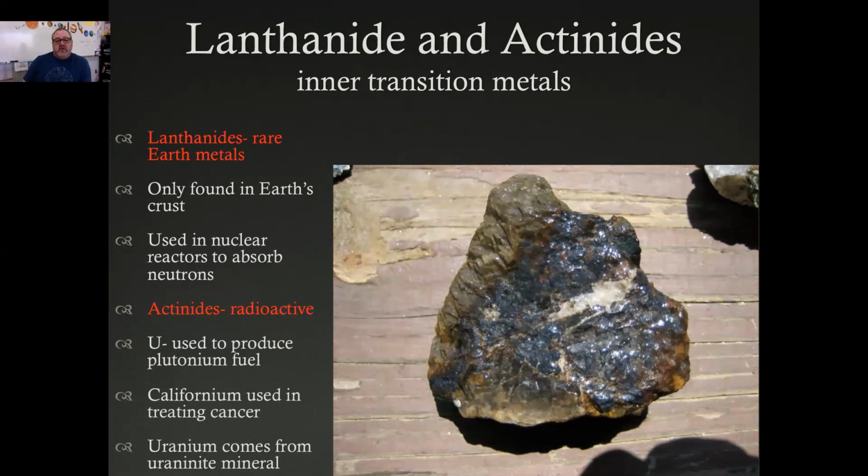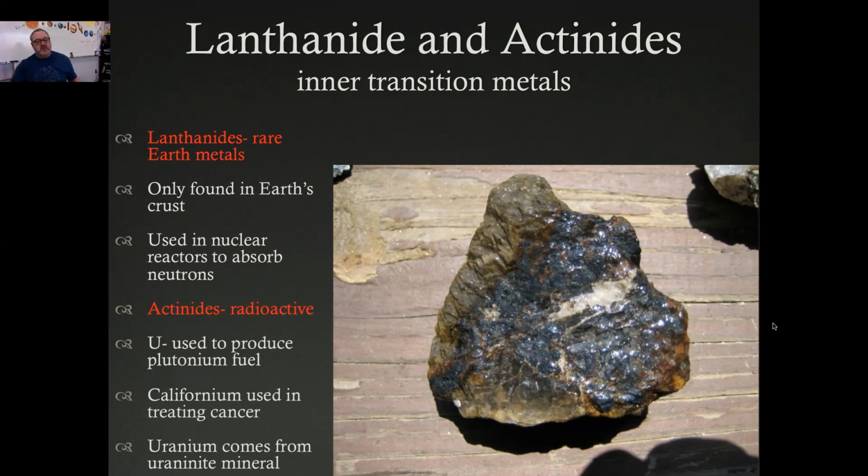They're only found in Earth's crust. That's the only place we know of them. Some of those metals are used in nuclear power reactors, and they help to absorb neutrons of nuclear reactions. Some of the actinides are all radioactive. So the bottom row of those, okay, these are all radioactive. In fact, everything uranium and beyond, I believe, is radioactive. Or no, uranium is in the bottom row, so obviously uranium is radioactive. Some of the stuff above that is radioactive as